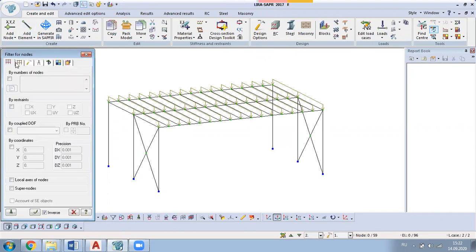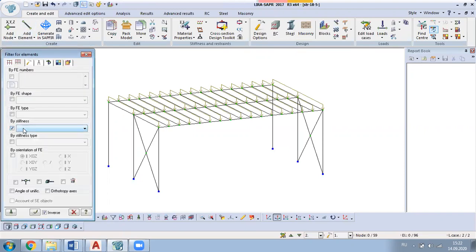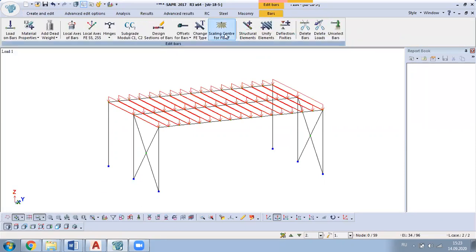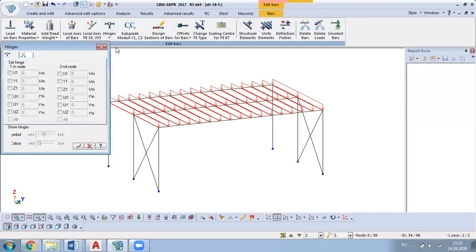With the same process, we'll select secondary beams. We'll go to the bars and define as hinges, and we will add U